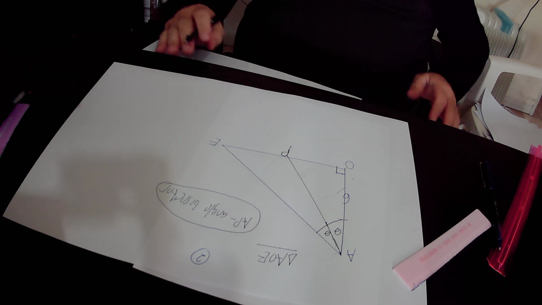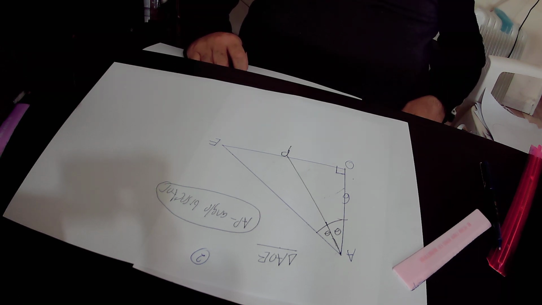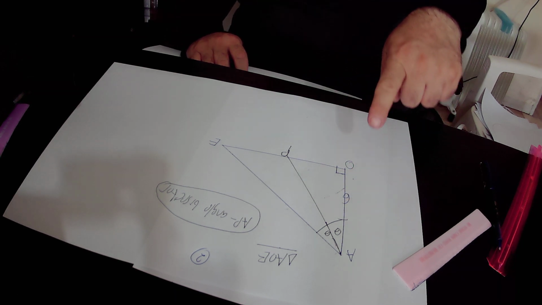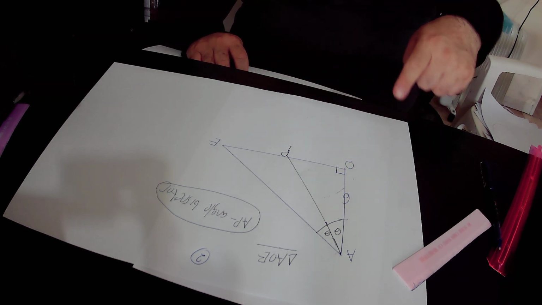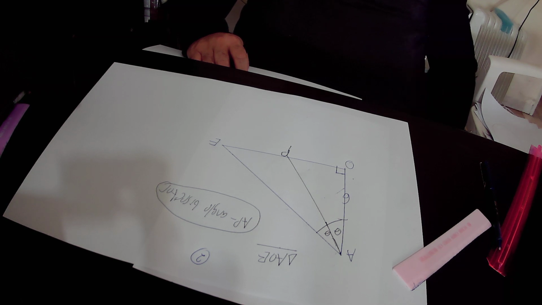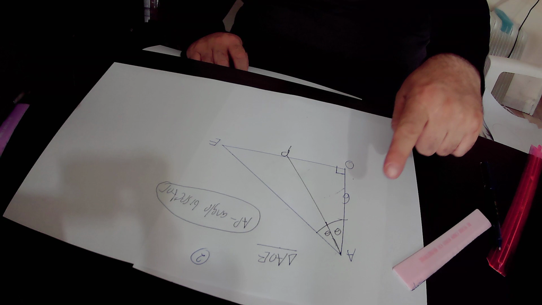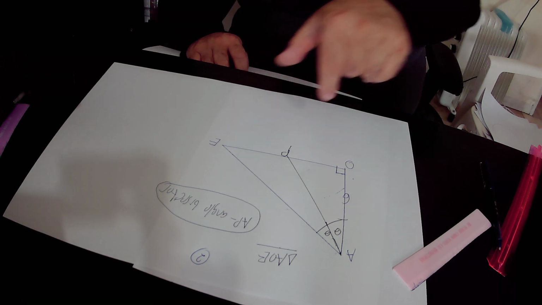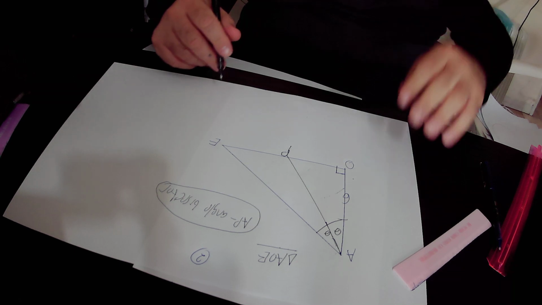So here, according to the angle bisector theorem, the angle bisector AP divides side OE into two parts, OP and PE, and the ratio between those two parts